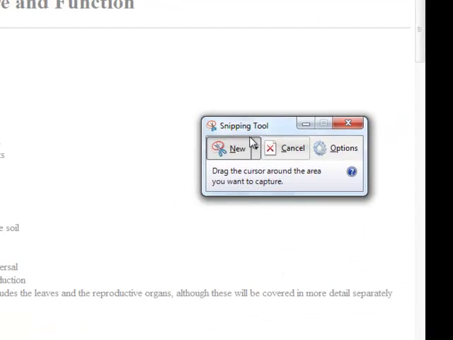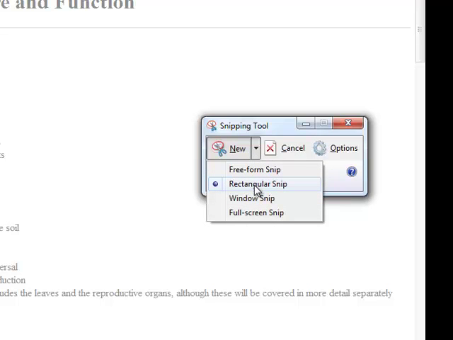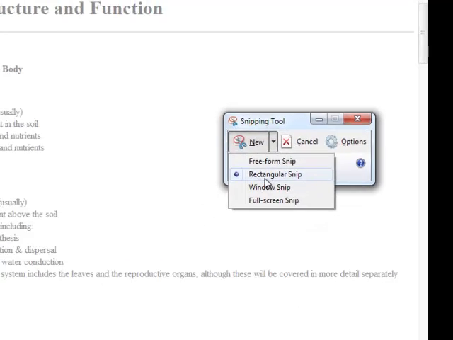Okay, now if you look at the Snipping tool box, you'll see an option for New Snip. It is set by default to rectangular snip. You could also do a freeform snip or a window snip, which will just select the window that is open in the forefront of your browser, or a full screen snip, which is basically what you would do if you were to hit Control Print Screen, the entire screen. So I'm going to use the rectangular snip here,